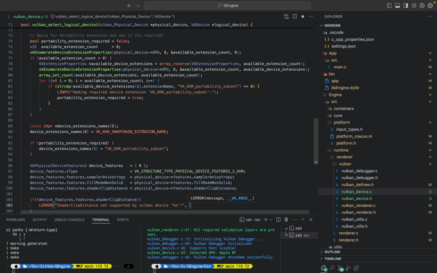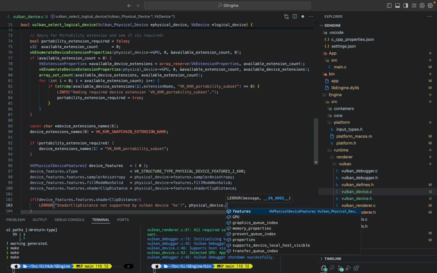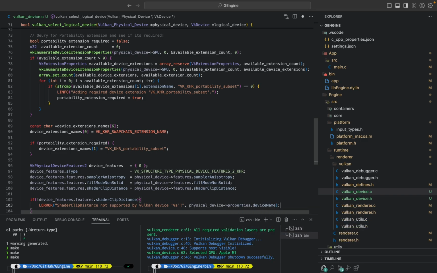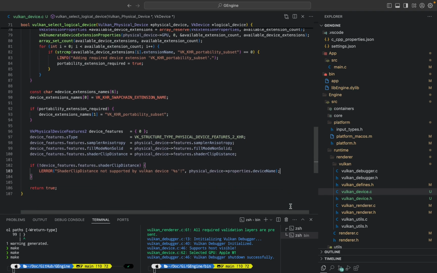Okay, and then you don't have to print out the device name, but I'm just going to do it for fun. So the physical device properties dot device name. So see how and why I actually stored those properties, just so we can easily access them and don't have to basically query for them each time we want to make use of them. So yeah, it's just good to cache things sometimes. But yeah, and then once we get to this level,